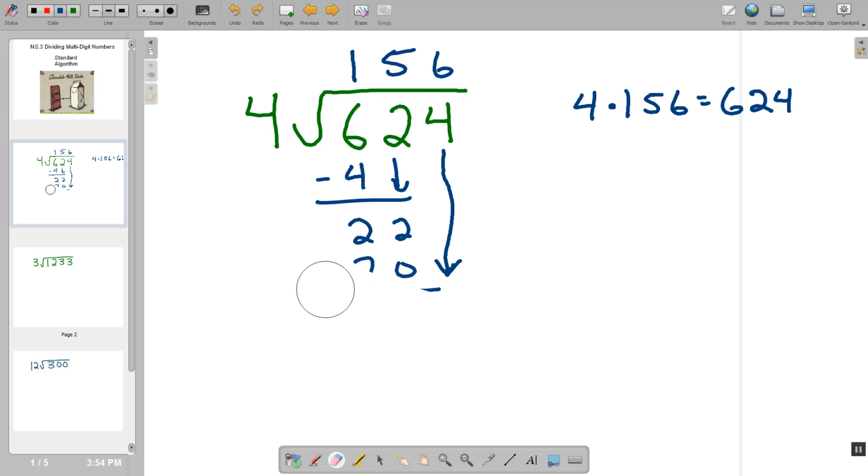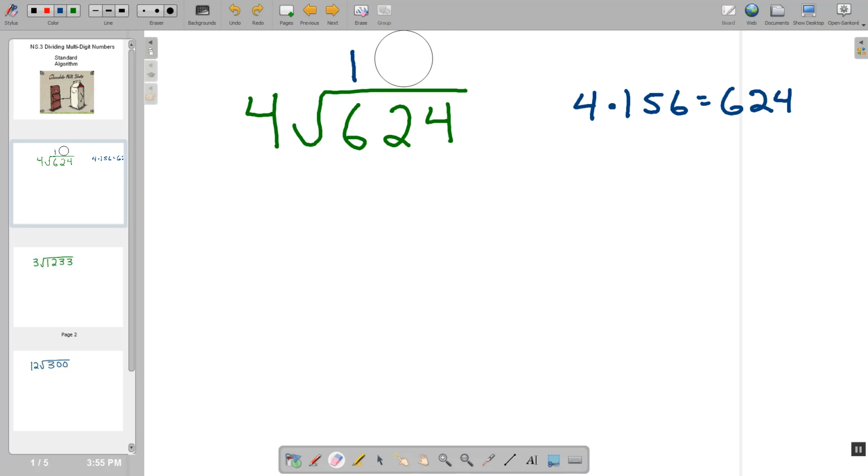Now I mentioned before that I work through these problems a little bit different. So what I'm going to do is we're going to restart this problem, and I'm going to show you what I would do instead of adding the arrows. So once again, the first number is going to be the same. We're doing 100 because 400 is closest to 600 without going over. Now instead of just subtracting here, I'm going to add in my zeros, and I'm going to subtract,